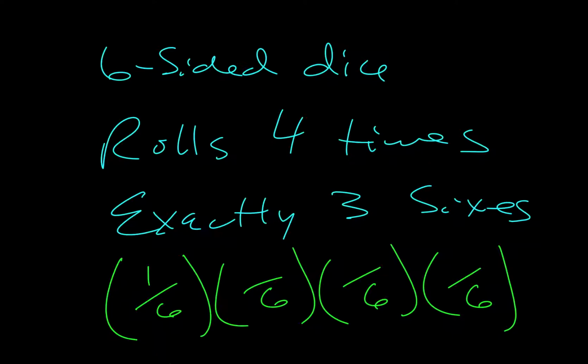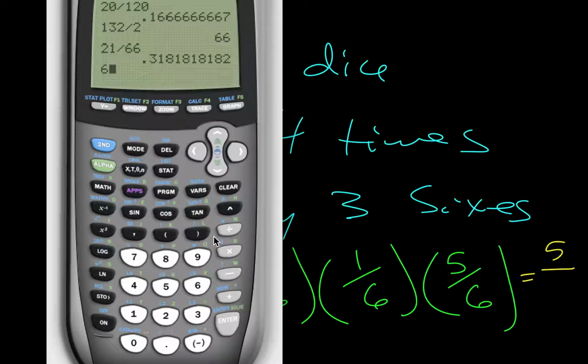To roll a 6 once would be a 1 in 6 chance. To roll it twice would be a 1 in 6. And the third time it's 1 in 6. Now in that last one, we don't want it to be a 6. So we have a 5 in 6 chance to not get a 6. So when we multiply this out, we multiply the tops together, 1 times 1 times 1 times 5, we get a 5. And then 6 times 6 times 6 times 6, or 6 to the 4th,